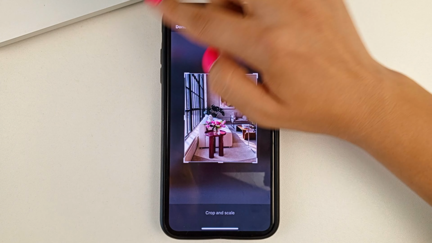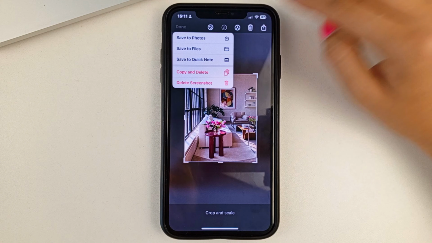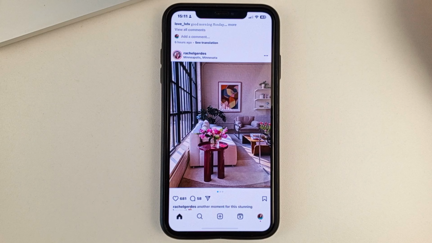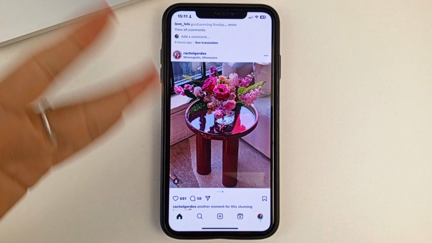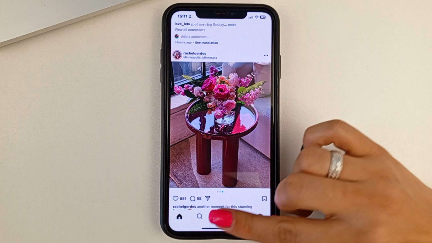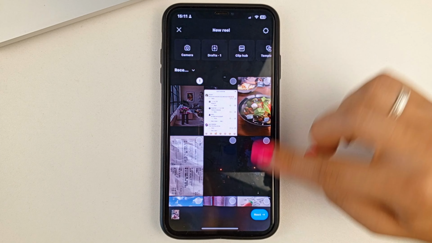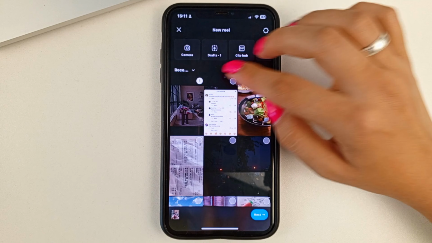Then click Done on the top left. And then save it to the photos. So if you like the series, you can do it with all the photos. And then you can post those cropped screenshots, just as a post to yourself, by clicking on the plus sign right here, and then select a photo, and then edit it, and so on.